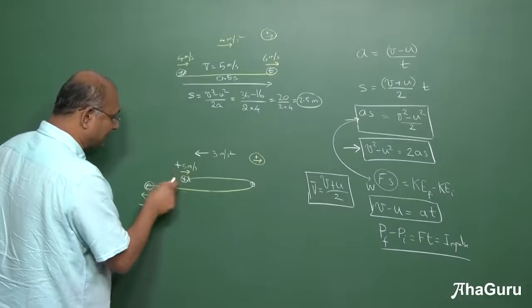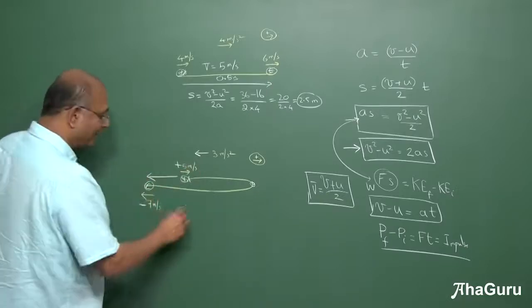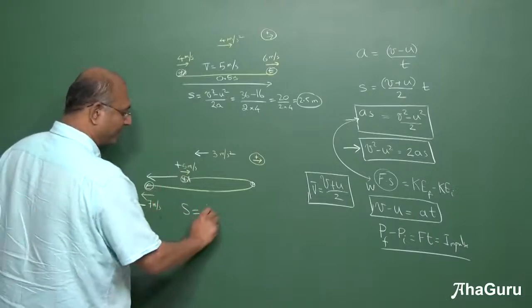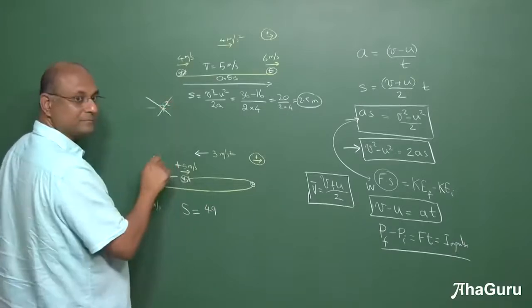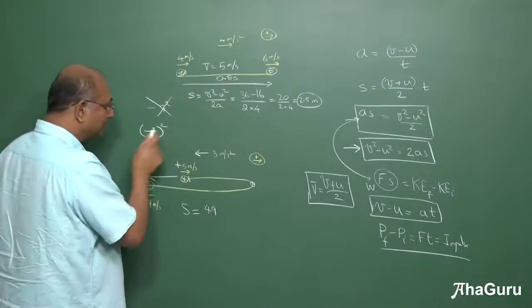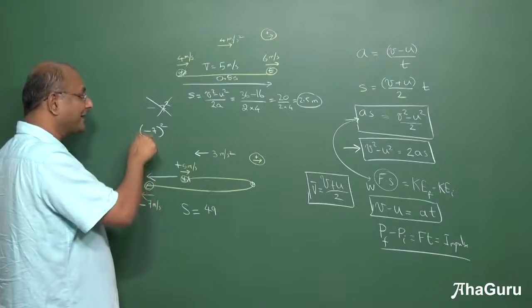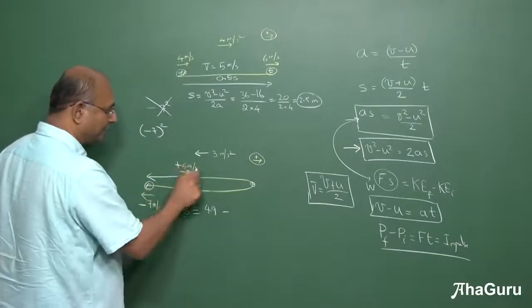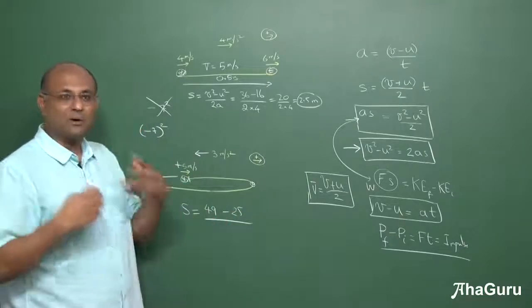If I want the displacement, notice the displacement is in this direction, from start to end. How much is the displacement? v square minus u square: minus 7 square is 49. It is not minus 7 square, it is minus 7 whole square. In v square minus u square, please put the brackets, otherwise it becomes a very different answer. What is this? Minus 49. What is this? Plus 49. So this is plus 49. That's why I don't like this formula. People make lots of mistakes with this.